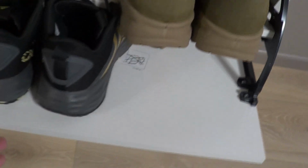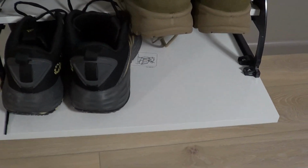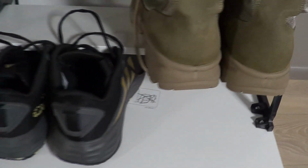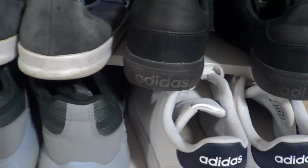And as I said, my shoes are size 44, so they're quite big. So if you plan to put bigger shoes, maybe you should remove this compartment here. But the bottom drawer will have my sneakers. You can see you can fit four pairs of sneakers. Also, the top drawer here. Let's see, here in the back you can screw